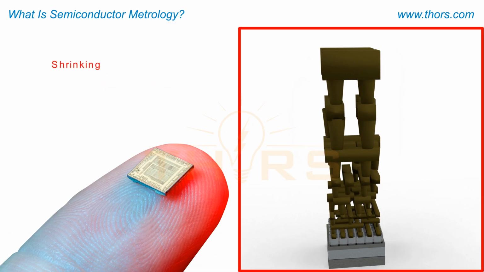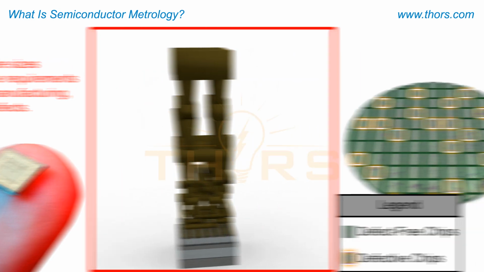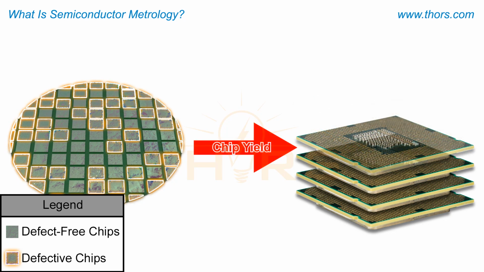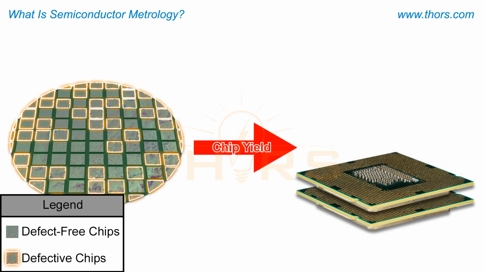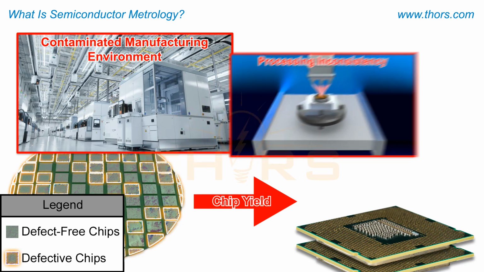However, this shrinking of feature sizes results in tighter tolerance requirements during semiconductor manufacturing, causing more defects. More defects lead to a drop in chip yield, which, if not addressed, would make scaling the semiconductor industry uneconomical. The sources of these defects are numerous, which may include a contaminated manufacturing environment or processing inconsistency,